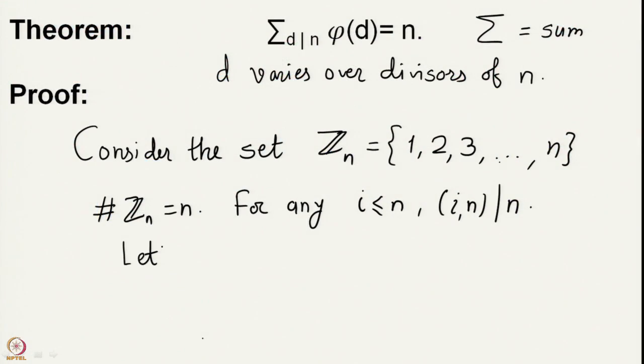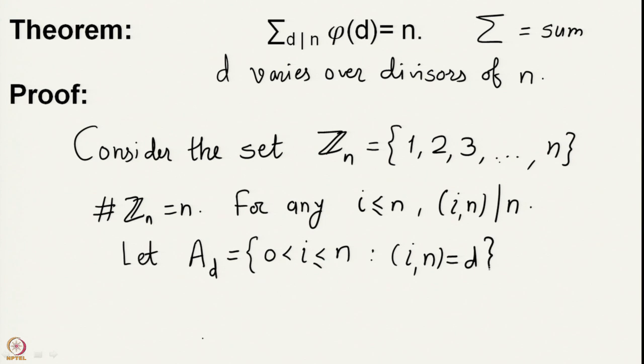Therefore, suppose AD denotes the set of all the natural numbers up to n with the property that the GCD of i and n is equal to D. Let AD be this particular set, then